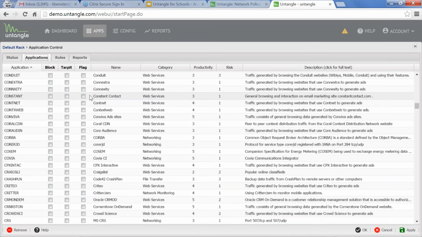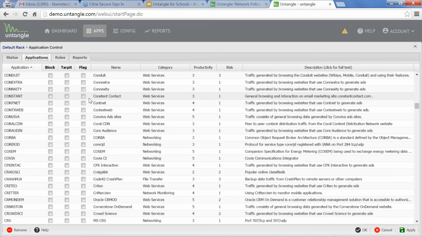Yeah, there's questions that just popped up about tar pitting, if you want to describe that a little further. Okay. Tar pitting is really just, you can block it so that the access is blocked fully. Tar pitting really is just kind of putting them into a penalty box. And flagging is what I mentioned before. Flagging is just getting notification that certain areas of the network are being compromised, so that you can focus on where those need to be. So tar pitting really is just focusing in on penalizing those who are misusing the network.